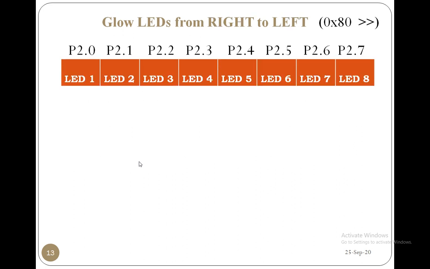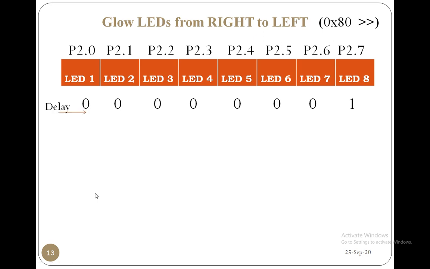So next we'll see the LED glowing from right to left. Right to left means here P20 is this one and P27 is this one. Now this should be activated at the very beginning. So I have to first store the bit pattern this one, that is 00000001. So P20 pin is this one. Remember this one. Now how is the bit pattern going to be written in hexadecimal, right? That we will write.